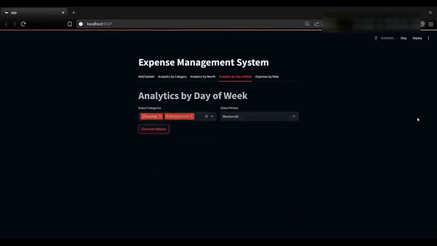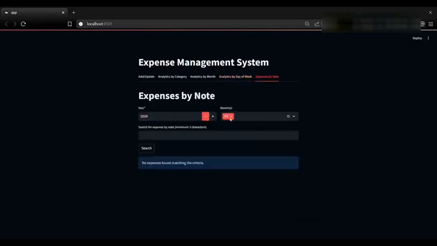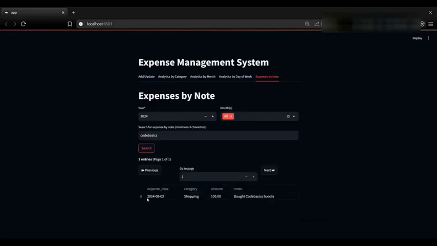Last but not the least, let's search for all expenses with a specific note across all months in 2024. We will look to find the record corresponding to the Code Basics hoodie that we just entered into the database. And voila! There it is,